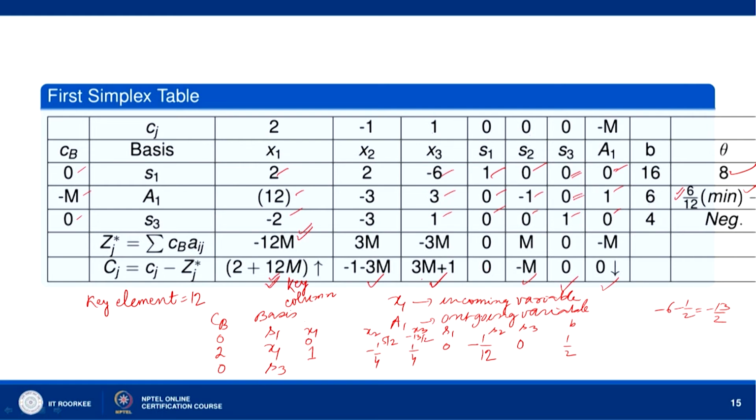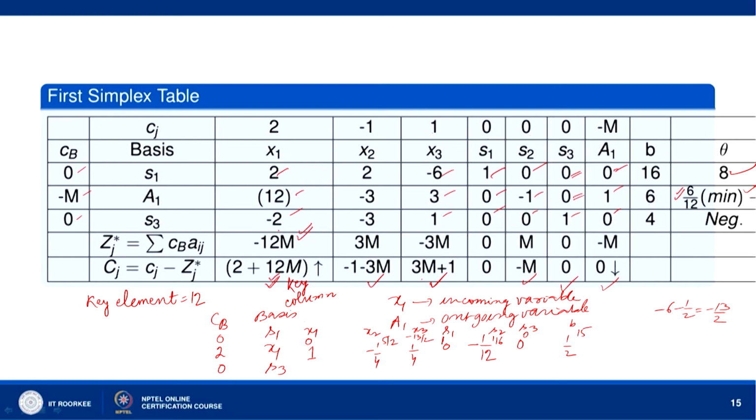And then the S1 column, okay, we are multiplying by 2, okay, after dividing by 12. So, this will remain 1, this will remain 1, we multiply by 2, we get minus 1 by 6, which we subtract from this 0. So, we get 1 by 6 here, okay. And then in the S3 column we have 0 here, we multiply by 2, subtract from 0, we get 0 here, we multiply by 2, we get 1, we subtract from 16, we get 15, okay.